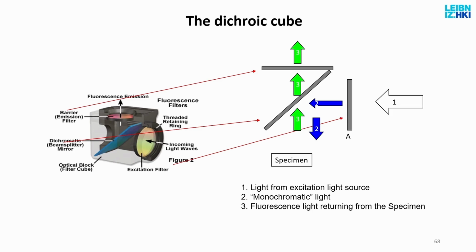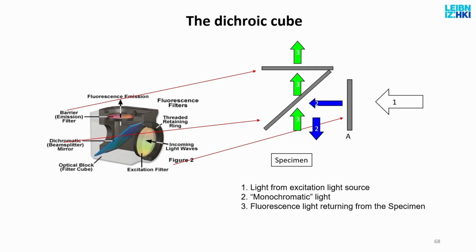It has a mirror, the so-called dichroic mirror, and it has another filter for the emission. The range of this, again, is determined by the emission spectrum. Now, what about this mirror? This is a special device set up at a 45-degree angle, which reflects below a certain wavelength, but it's transparent above a certain one. So, for example, with Alexa 488, I will set this up so that it reflects below 490 and lets through the light above 500,